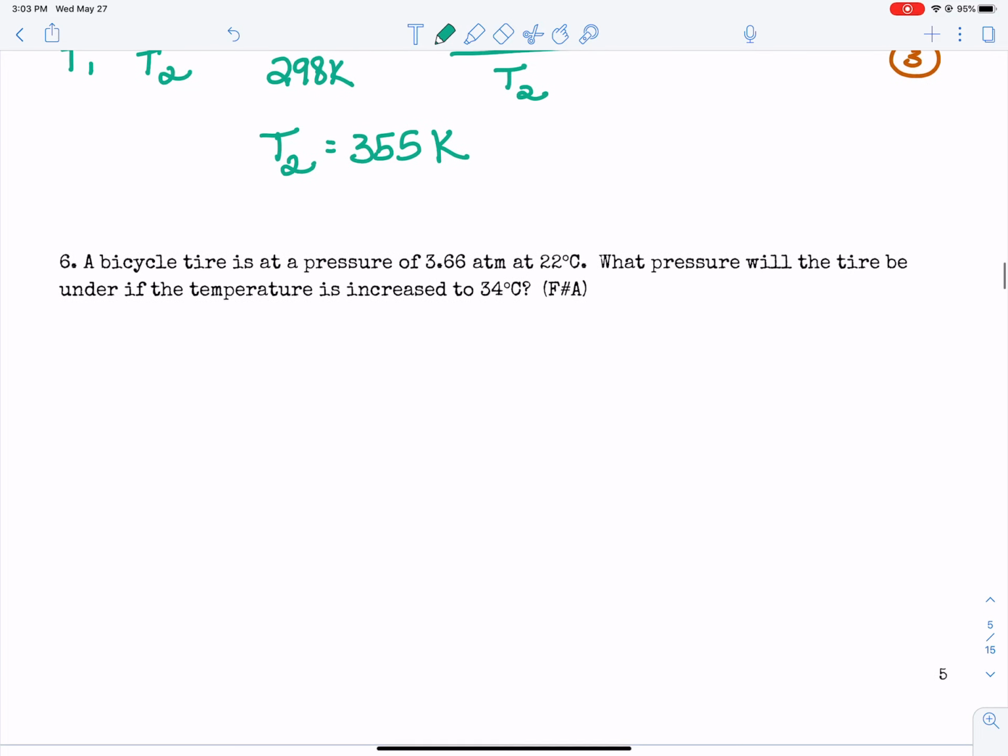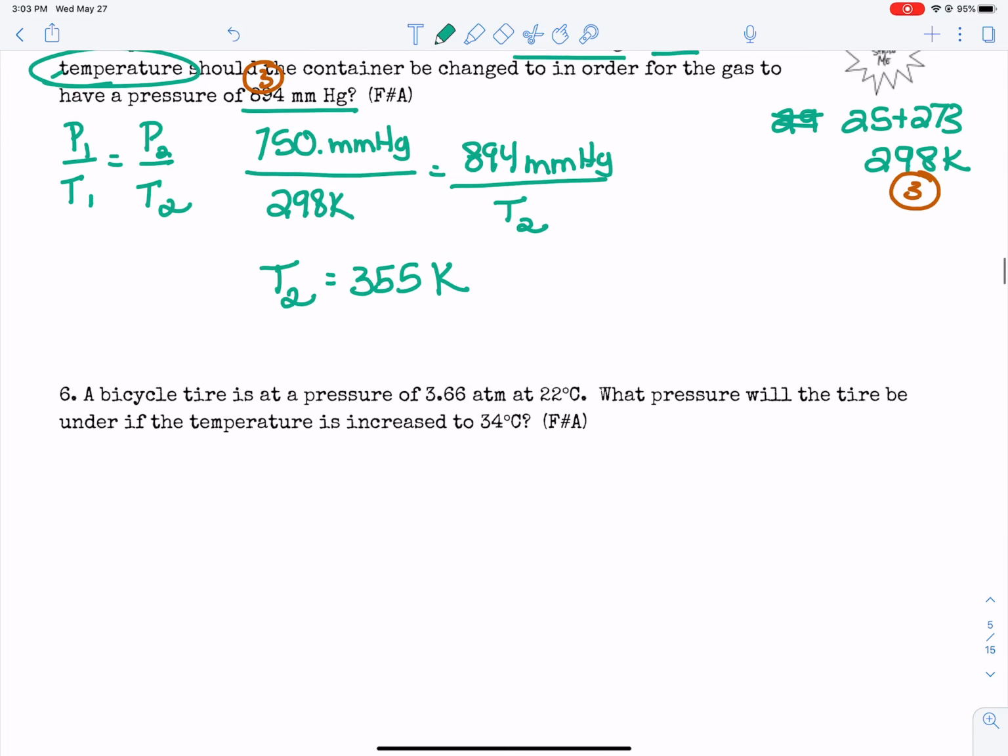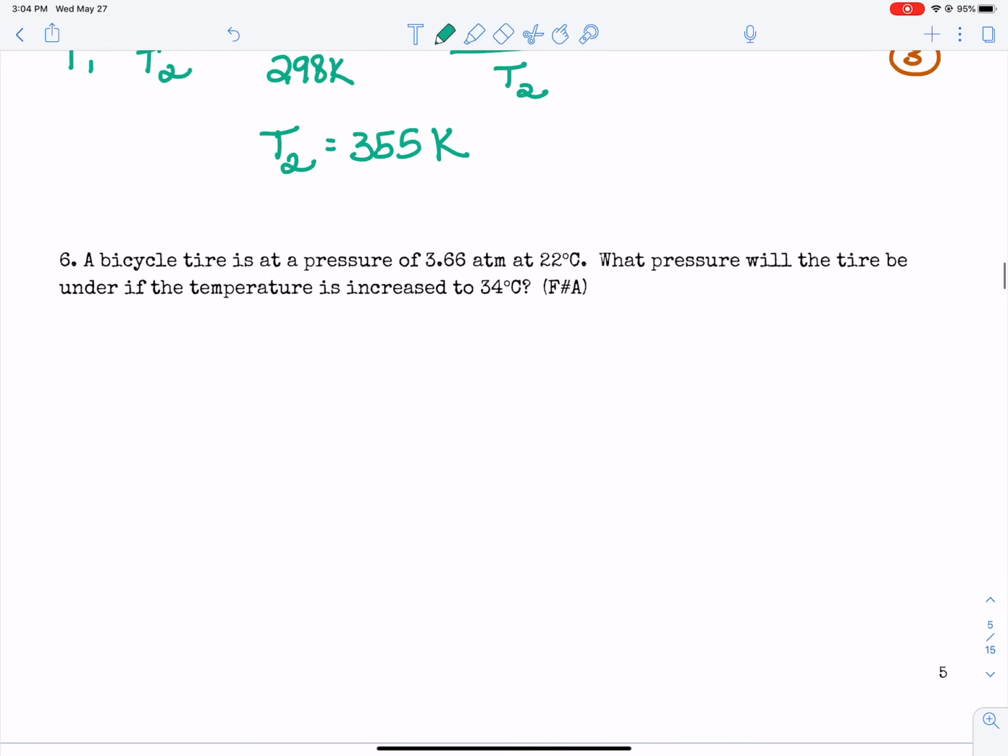Again, you want to give number 6 a try on your own. Pause the video here and then try number 6. Okay, we'll continue with number 6. A bicycle tire is at a pressure of 3.66 atm at a temperature of 22 degrees Celsius. What pressure will the tire be under if the temperature is increased to